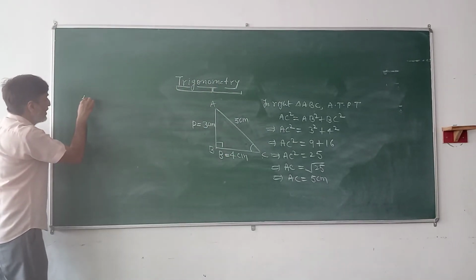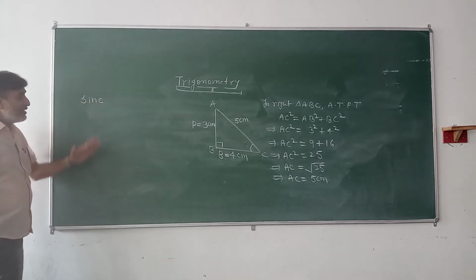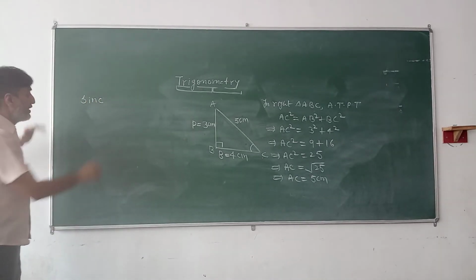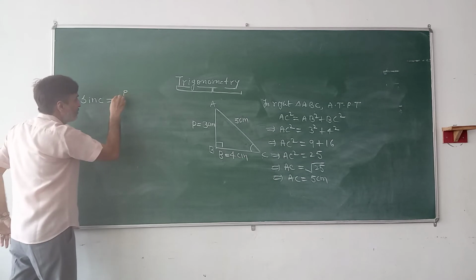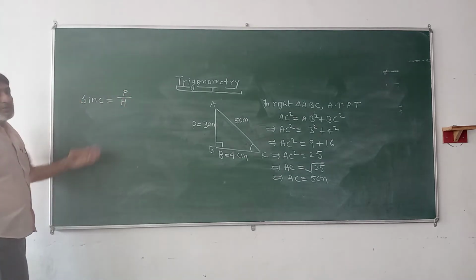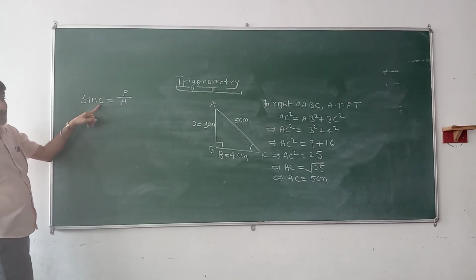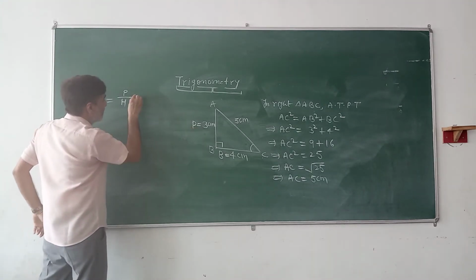Now sin C. Sin is always P by H, the ratio of the length of perpendicular to the length of hypotenuse. Here with respect to angle C, the perpendicular becomes 3